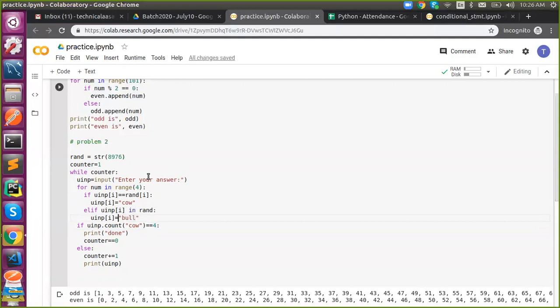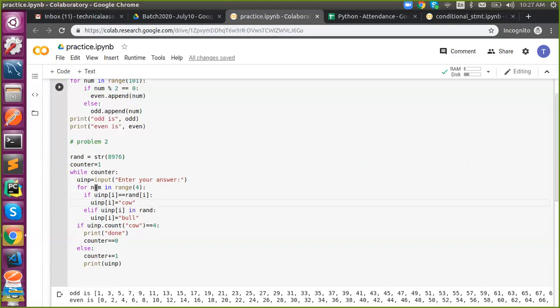But here the problem is, you said u input of i, and u input is a string. It will raise a type error: a string object does not support item assignment, because a string is immutable. Got it, Karthik? Yes, sir, string is immutable.